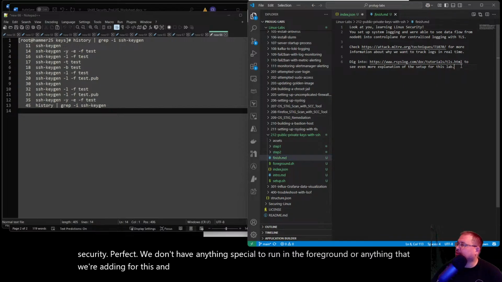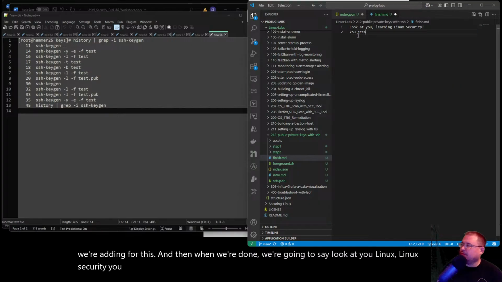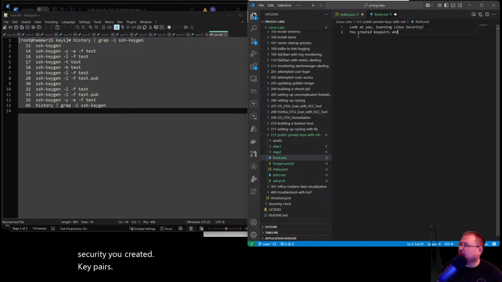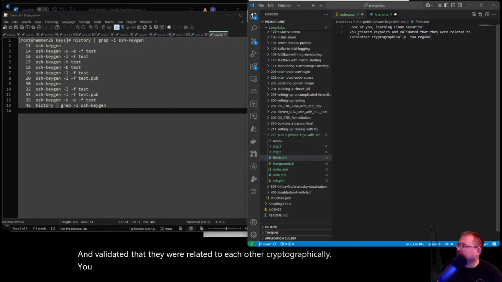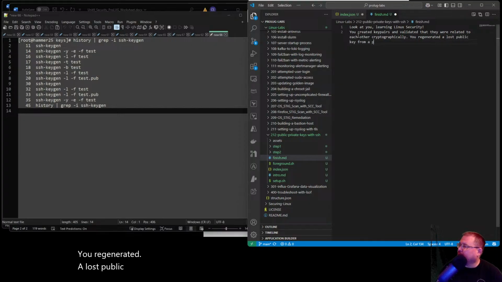And then when we're done, we're going to say, look at you, learning Linux security. You created key pairs and validated that they were related to each other cryptographically. You regenerated a lost public key. Can't do that the other way.